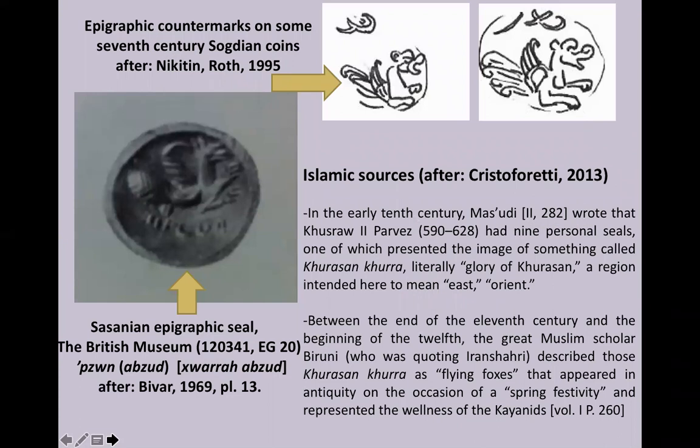Now, the seal that we have here on the left of this slide, it's in the British Museum, and it's the only late Sasanian seal where possibly we have a representation of this creature, which I don't identify as a Senmurv or Simurg. I prefer to call it pseudo Senmurv, pseudo Simurg. And it's the only seal, possibly Sasanian, with this Middle Persian inscription. But unfortunately, the inscription is not telling us what is represented. But still, it's something very interesting.